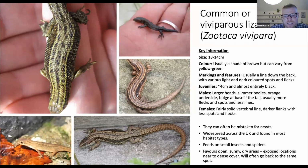They will also have darker coloured flanks. And certainly when they're gravid, and gravid just meaning that they are incubating their eggs, they're pregnant essentially, they will appear much bigger than the males. So the later the season gets on, the bigger the females will look. And then finally, if you manage to